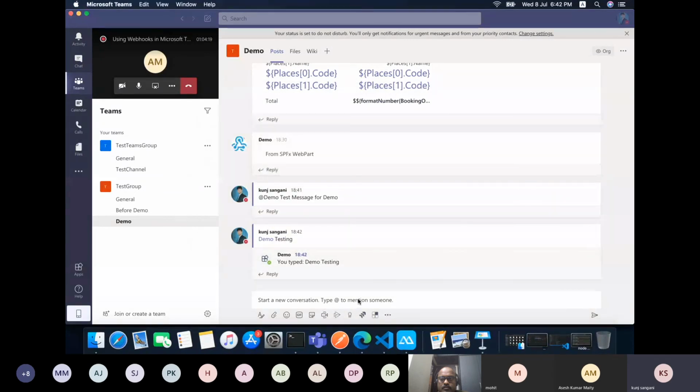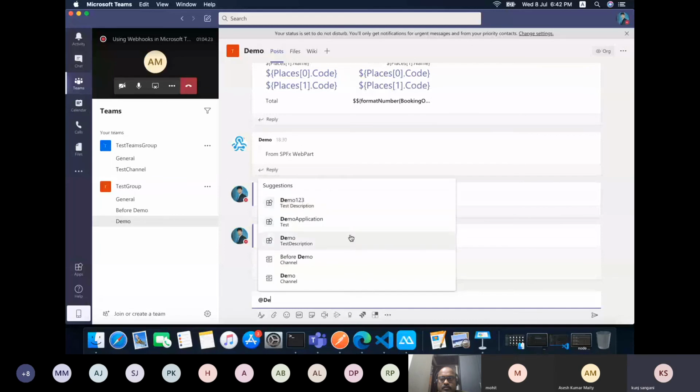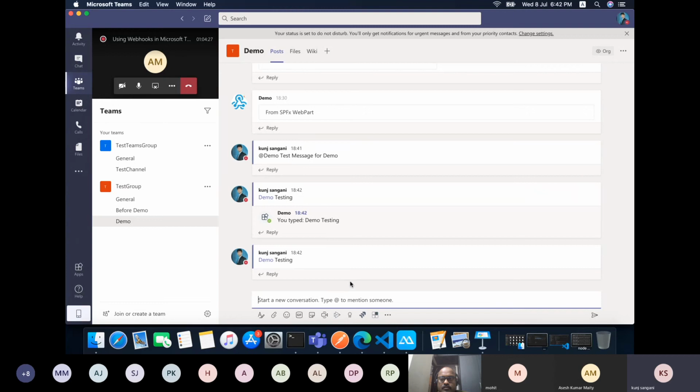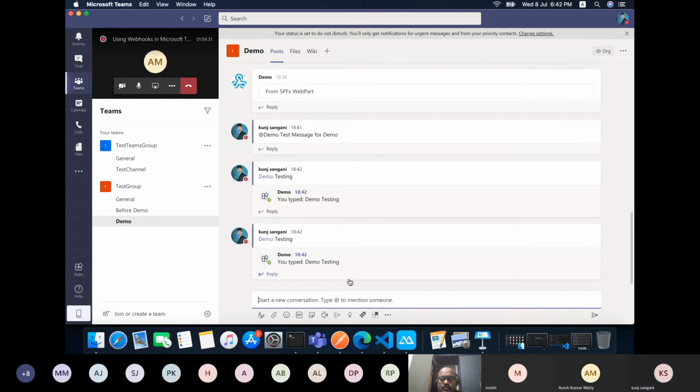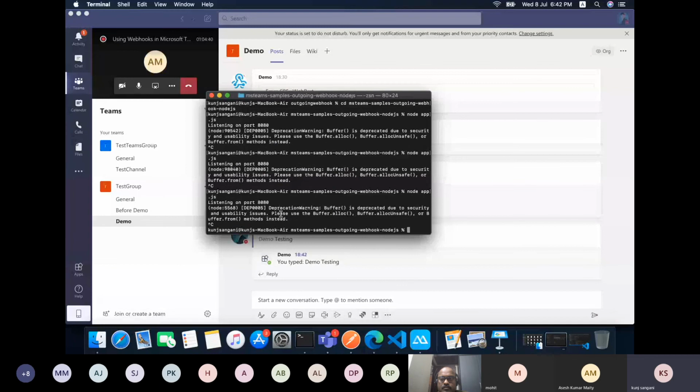And now if I use the @mention, it should send me the wrong data, but by some chance this should stop.